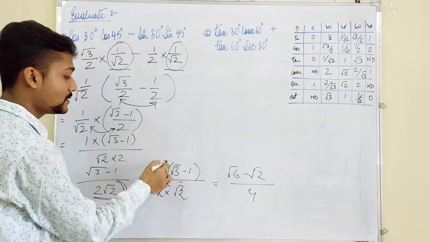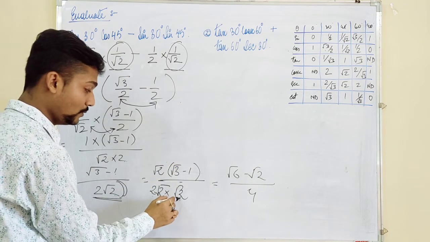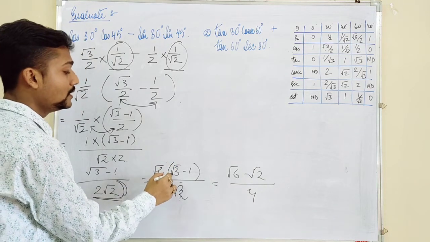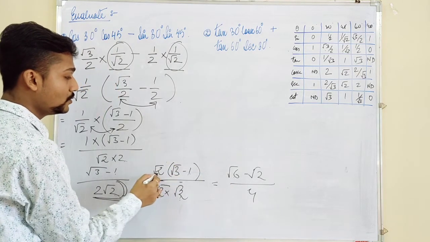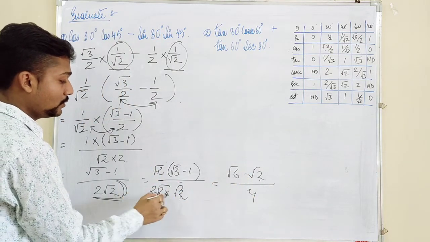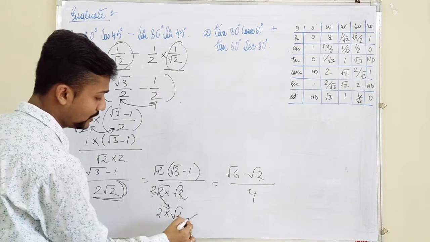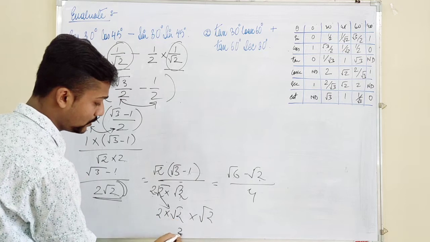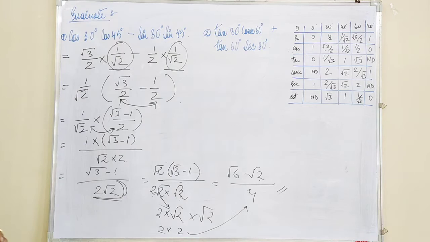That means at the denominator as well as in the numerator. So 2 into root 2 into 2, 2 into root 2 into root 2, isn't it? Root 2 into root 3 minus 1. So root 2 into root 3 is equal to root 6. 1 into root 2 is equal to minus root 2. Okay? Then root 2 into root 2 into root 2, 2 into root 2. This is equal to what? 2 into root 2 into root 2. So root 2 into root 2 is equal to 2 into 2 is equal to 4. I hope you are clear. Isn't it? So we will rub this particular part to solve the second question.